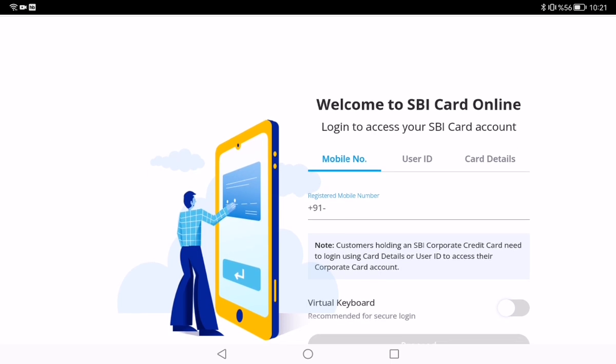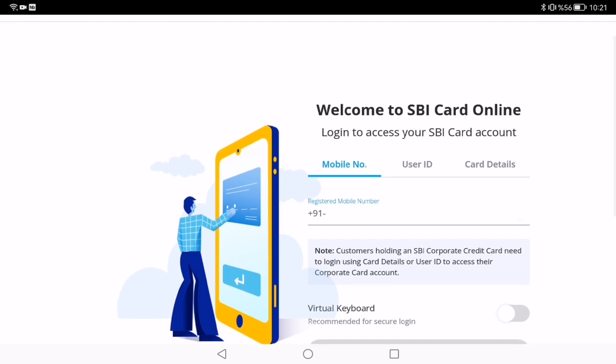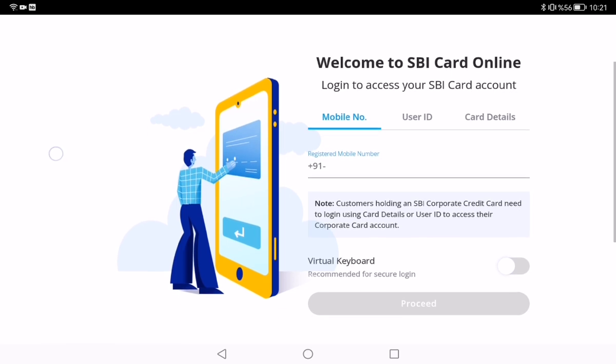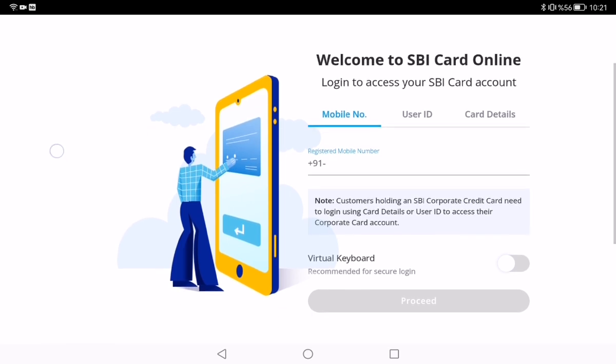Since each card is focused on unique individual needs such as shopping, travel, fuel, groceries, and etc., choosing the right card could be confusing. To help you make an informed decision, I have listed the top SBI cards, so you can compare and apply for the SBI card you select. And firstly,